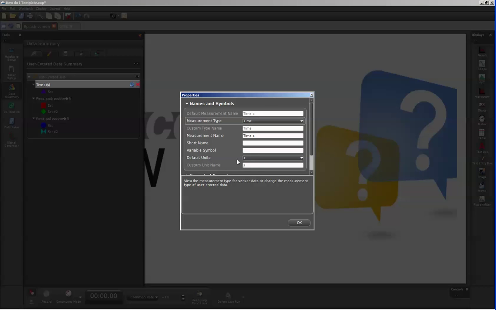So it will default to a unit of seconds. If your measurement is a unit different than that, please make sure to assign that properly. Under the measurement name, with the imported data, it pulled in the unit as well. I'm going to remove that from my measurement name